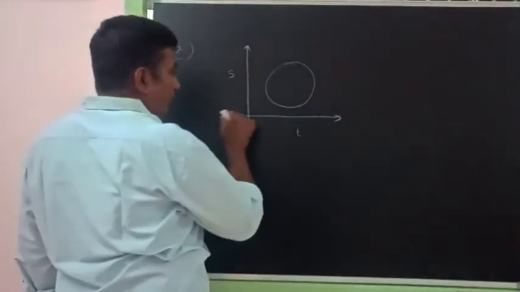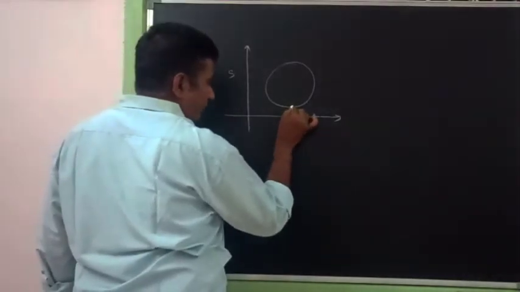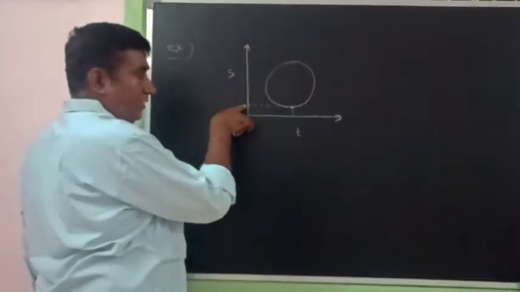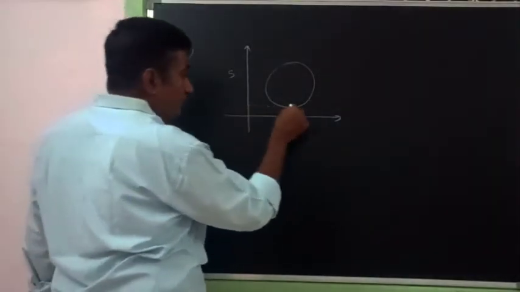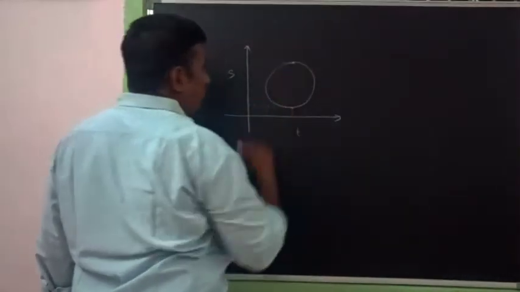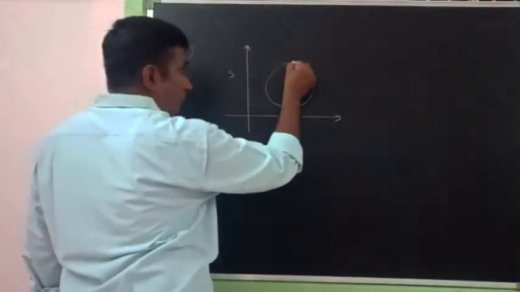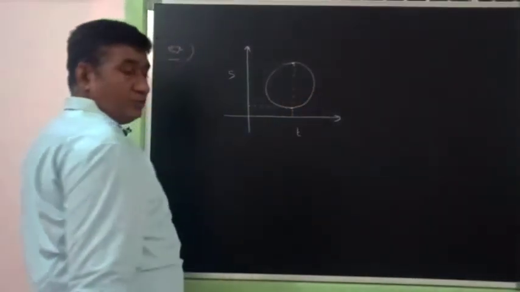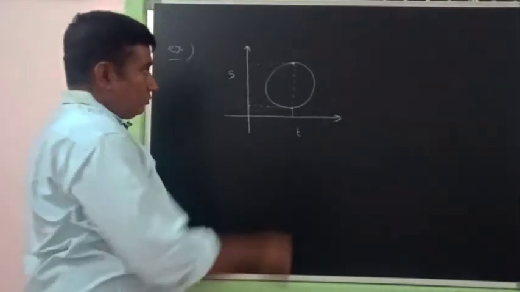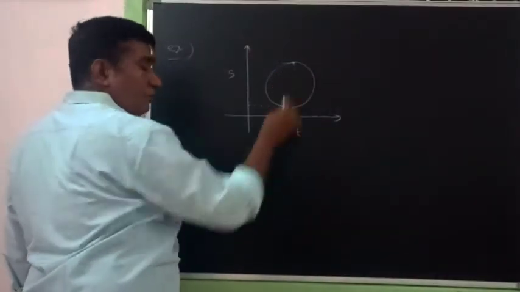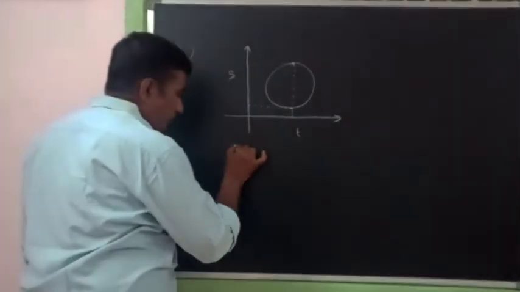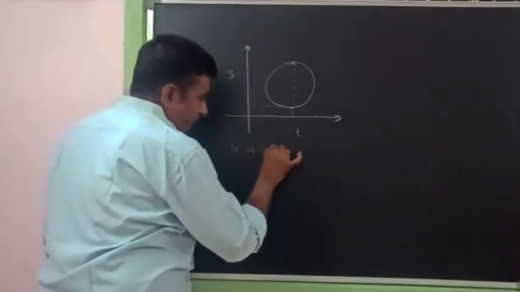We can see, for example, here I have taken, at some time period the displacement of the particle will be at this position, but if you observe, at the same time here we have one more displacement, which is not possible. Time always varies, so at the same time we cannot obtain two kinds of positions, so it is not possible.